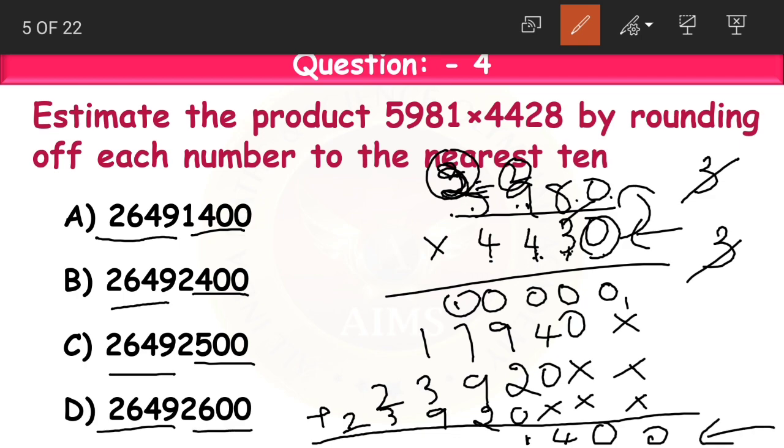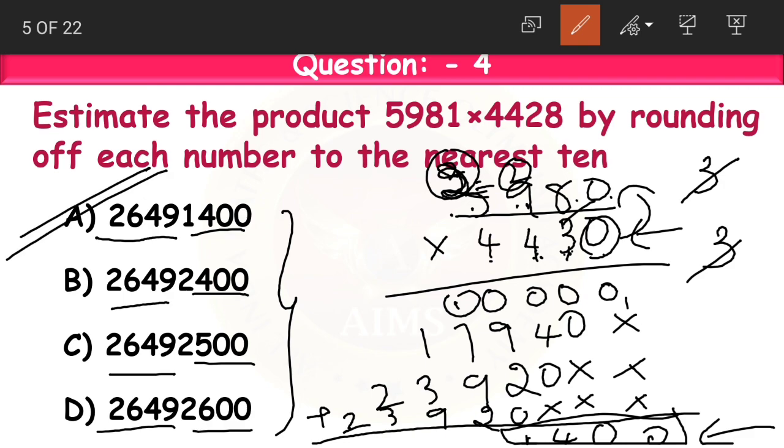And if you look at the answer that we got here, the last 4 digits are 1400. Now which of these options has 1400 as the answer? Option A. So option A simply becomes the right answer. You need not even add the remaining numbers. When such multiple choice questions are given and you are in a competitive exam wherein you have to attempt as many questions as possible, you can use this trick. But now I'll give you the full answer also. We'll do the full answer, but I am saying this for your future use.